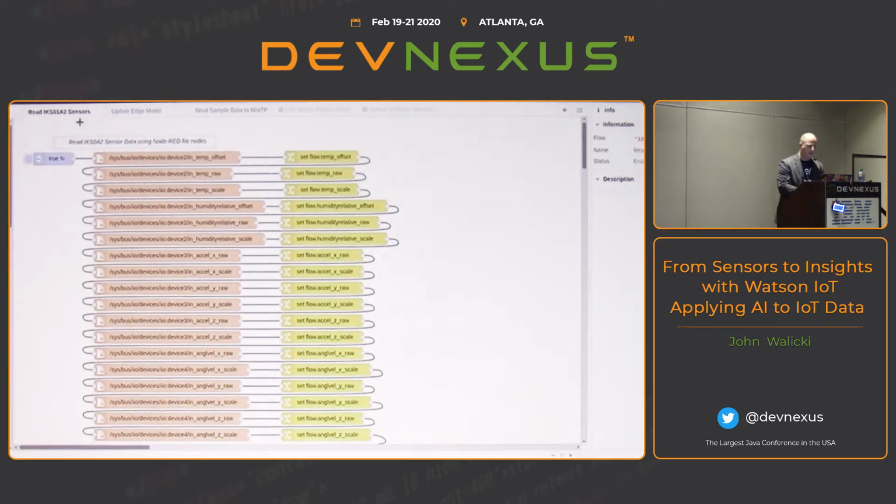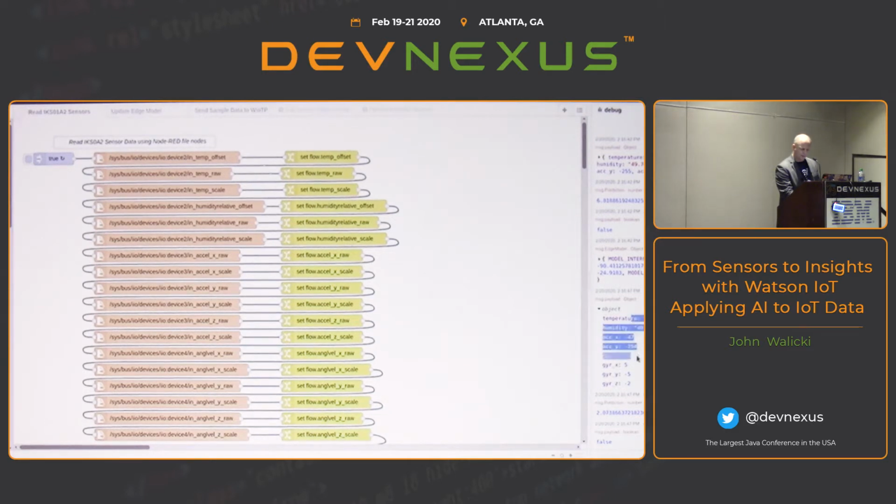So here it is, Node-RED running on the edge. I'm going to go and read all of those files. Let's jump over to our debug. And if you notice here, we've got one, and every 10 seconds or so, I'm going to send this up to the cloud. So here's my edge gateway sending data